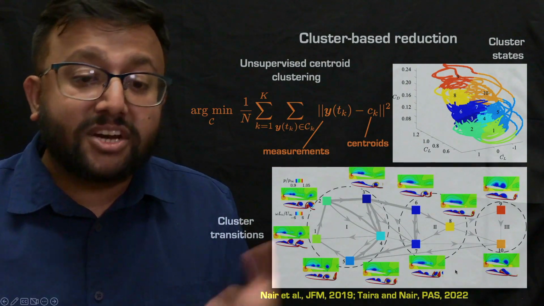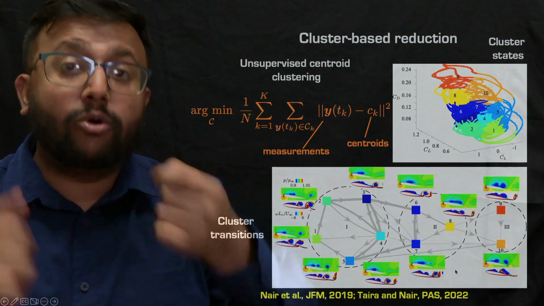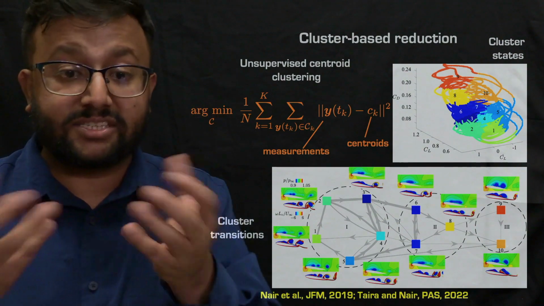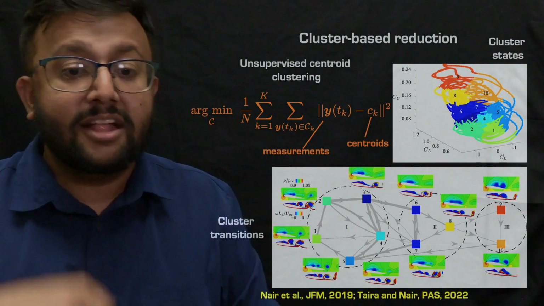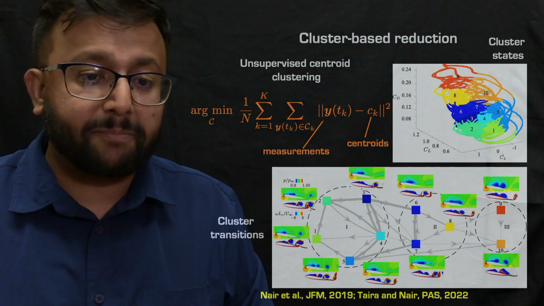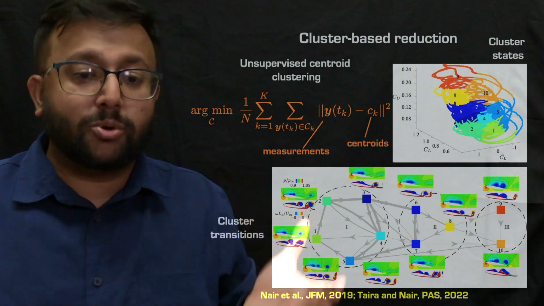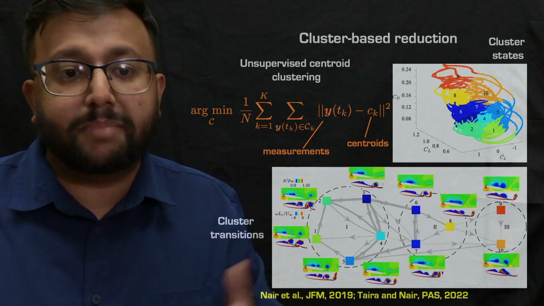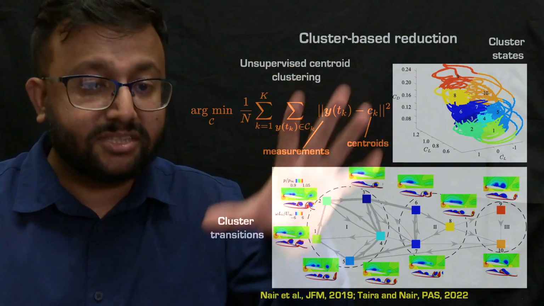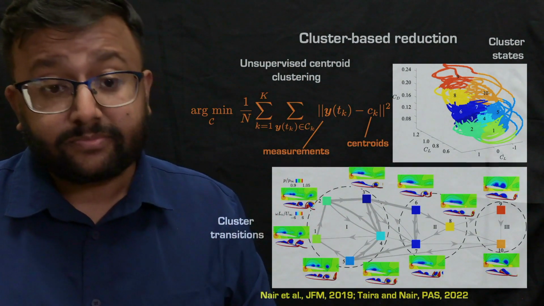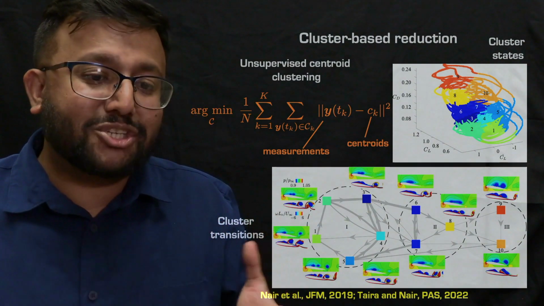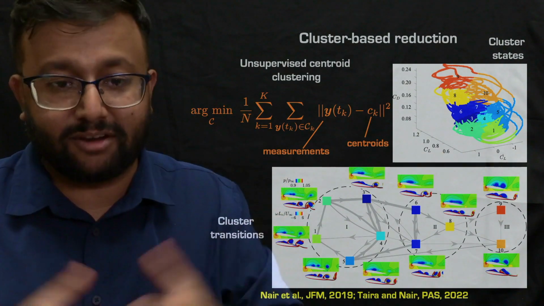So even in the cluster transitions, now that you can count the probability of the state transitioning from, say, cluster 1 to cluster 2 and cluster 2 to cluster 3, you can assign this in a network way, right? You can visualize this in a network way, right? So you can see on the bottom, I'm just showing you the cluster-based network of this. So you have these 10 different clusters or centroids and these 10 different high-dimensional states. And what you actually see is the thickness of the line indicates how likely it is to go from this particular cluster to the other cluster, right?